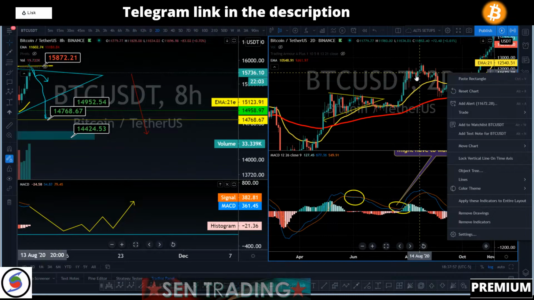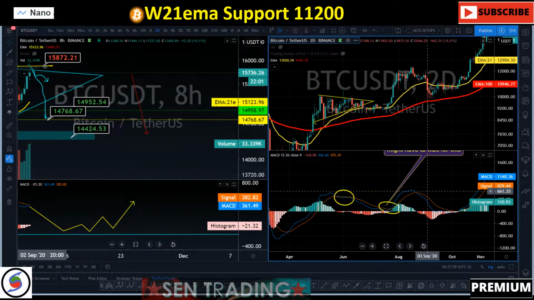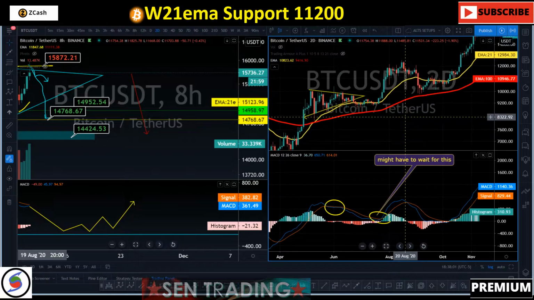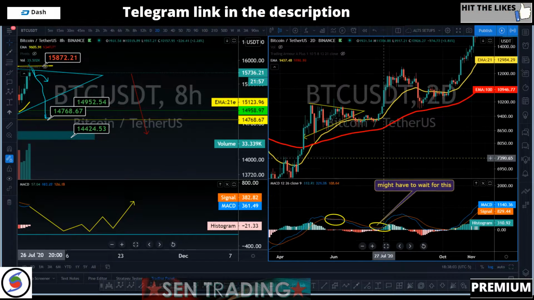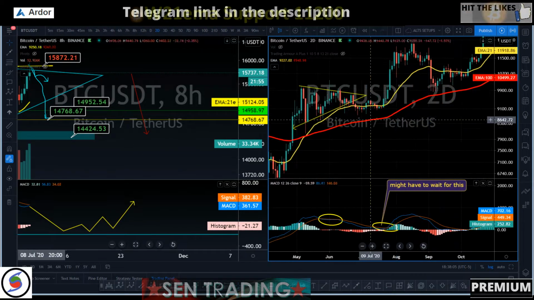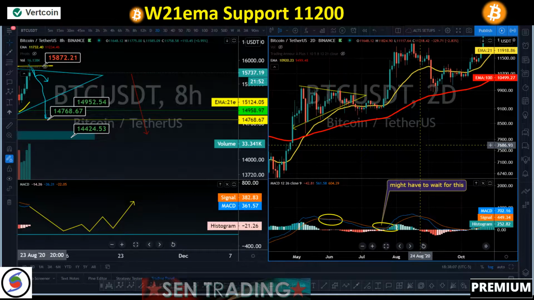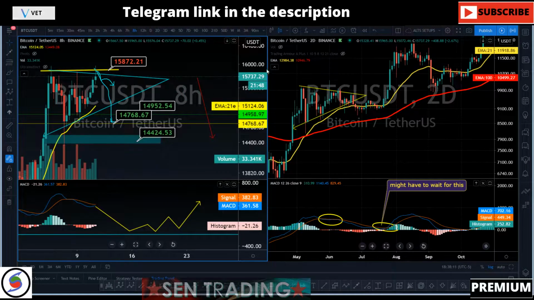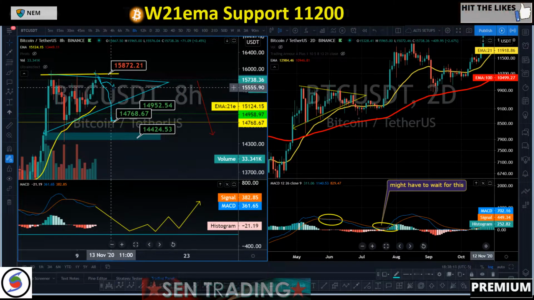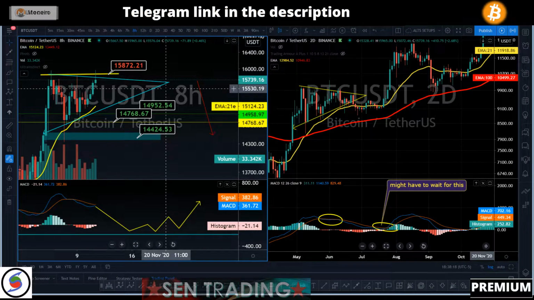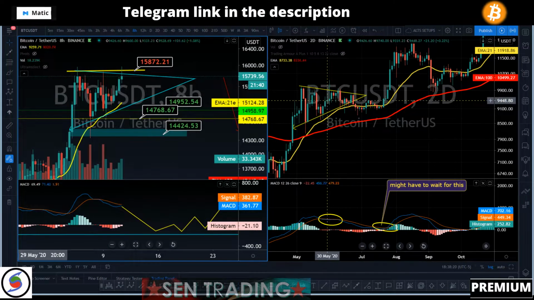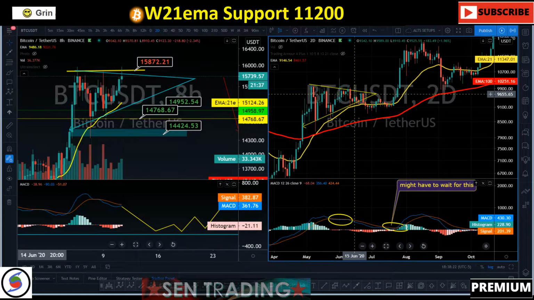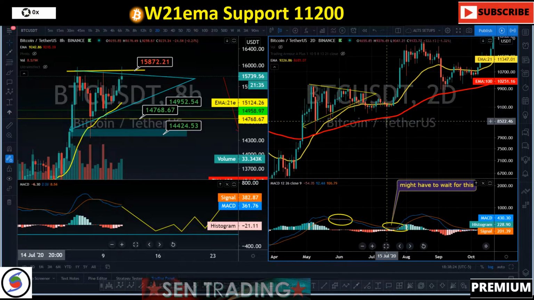Back in May and June, you can see we got a similar structure, but we saw it on the 2-day basis, and it is the same. That's why I keep saying time frame doesn't matter. Sometimes you can see the same structure in a different time frame, right? So the structure you see, for instance, on the 8-hour right now, that's the structure we received back in May and June on the 2-day basis. Same thing.